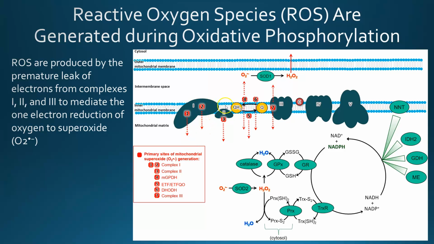What happens if some of these electron carrying complexes leak out of these complexes and reduce oxygen to superoxide? So this is O2, which has a negative charge and an extra electron. So that's a radical anion. Oxygen readily gains an electron like this, and when that happens, it needs to be detoxified immediately because it's extremely reactive. There's an enzyme that's present specifically to degrade these reactive oxygen species.